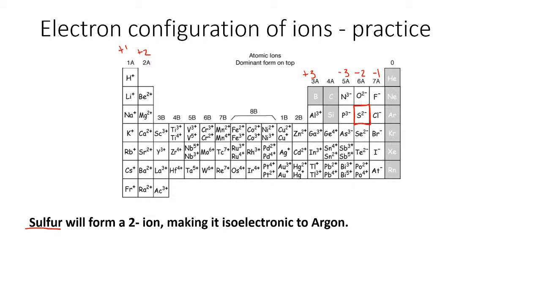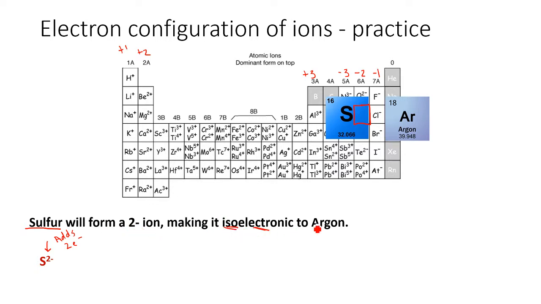If sulfur forms a -2 ion, that means it picks up 2 electrons. It adds 2 electrons. So sulfur itself has 16, right? Sulfur has 16 electrons. If it adds 2 more, it's going to turn into argon. Argon has 18. So its electron configuration is going from 16 electrons to 18. Sulfur does not become argon. Sulfur just develops an electron configuration similar to that of argon. So we say that the sulfur anion is isoelectronic,